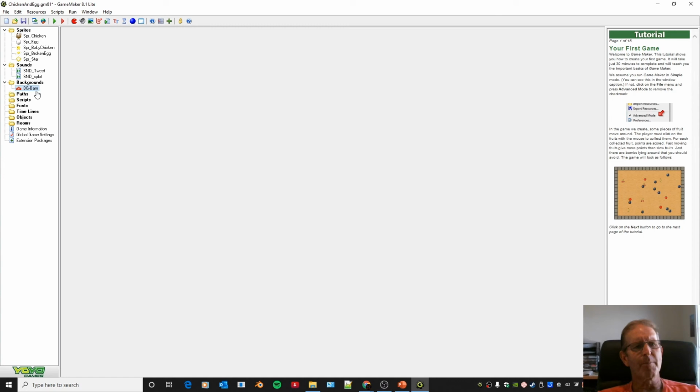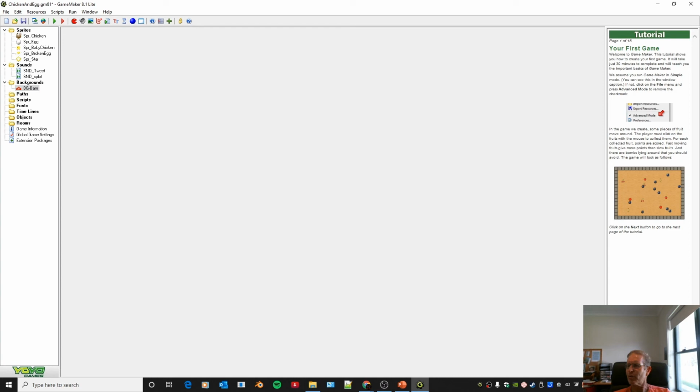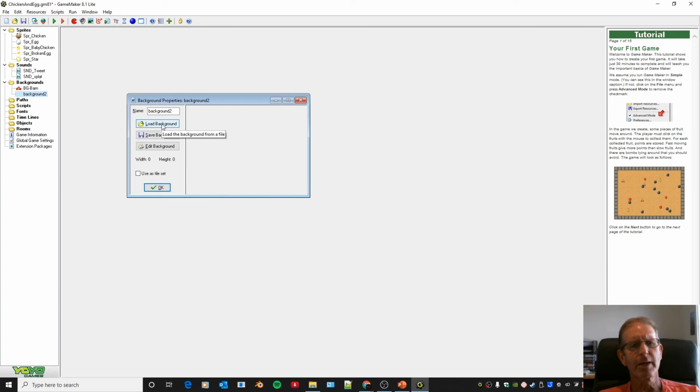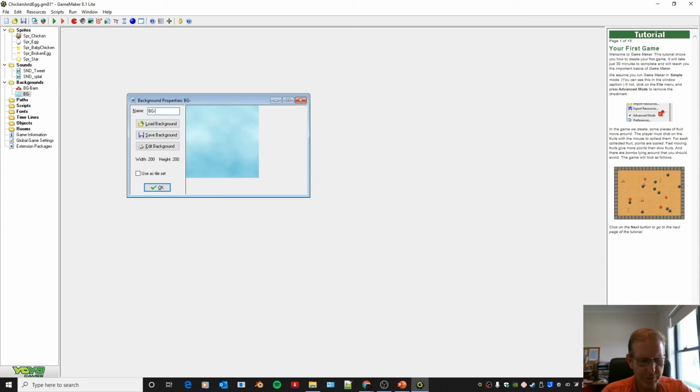The second background we're going to create is the sky, but we've got to change the size of it so it stretches across the screen. So this time I'm going to go resources, create background, we're going to go load background, and we're going to grab the sky. Again, change the name, so BG_sky. Now to change the size of it, we need to go to edit background, and there's a lot of